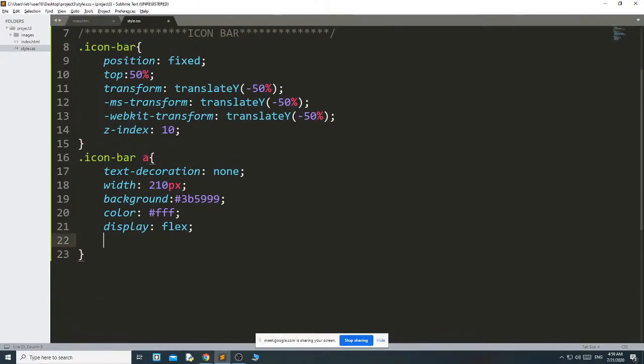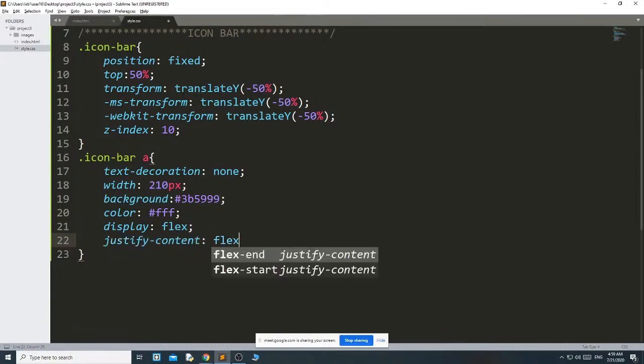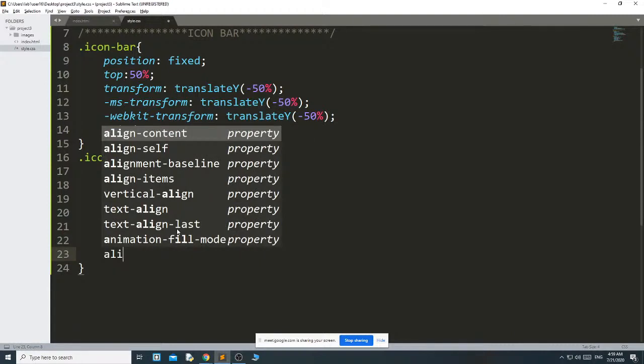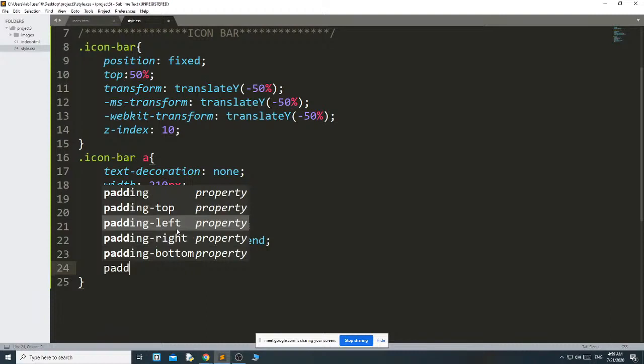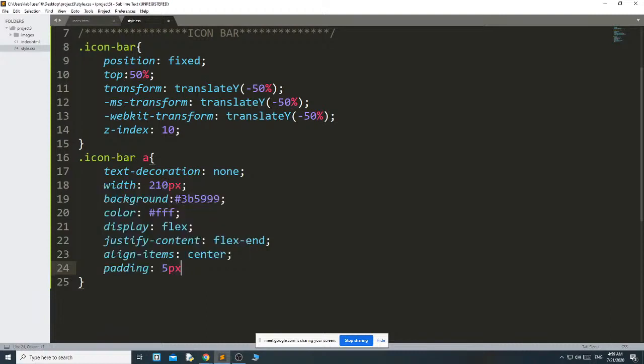Then justify-content flex-end. I want to justify the content at flex-end, not from flex-start. Then align-items center, padding 5 pixel, font-size 15 pixel.